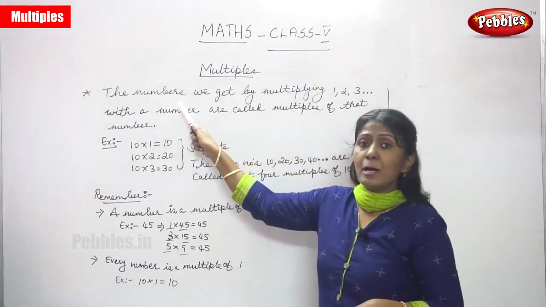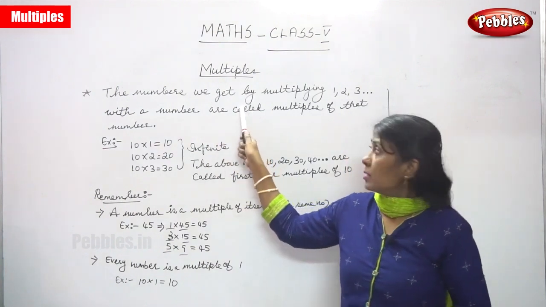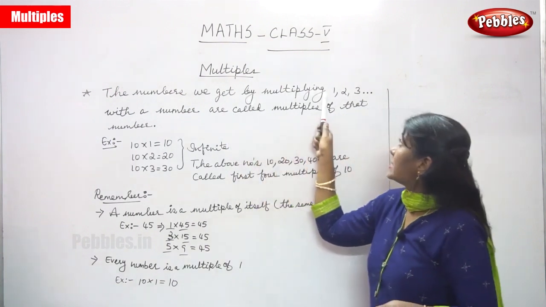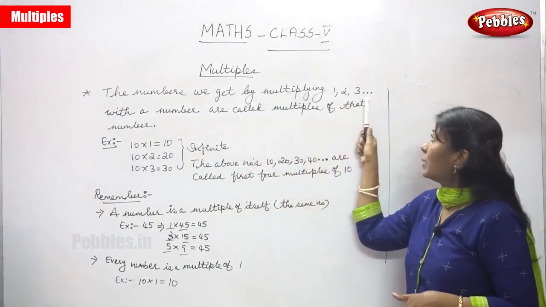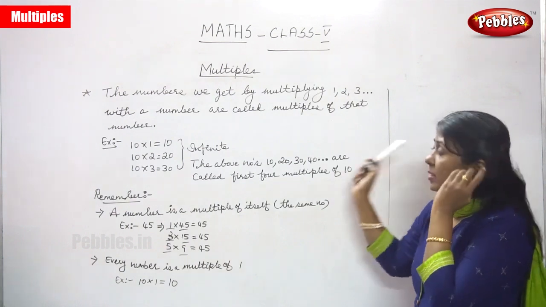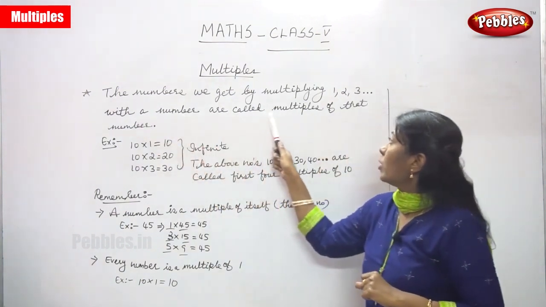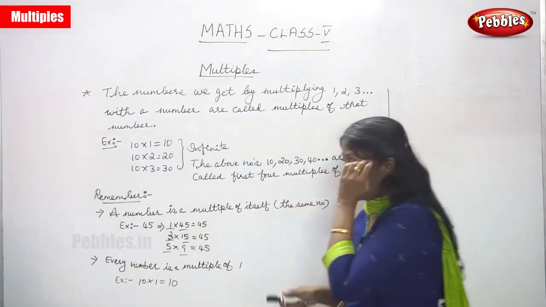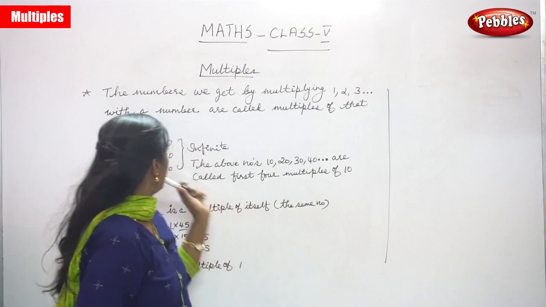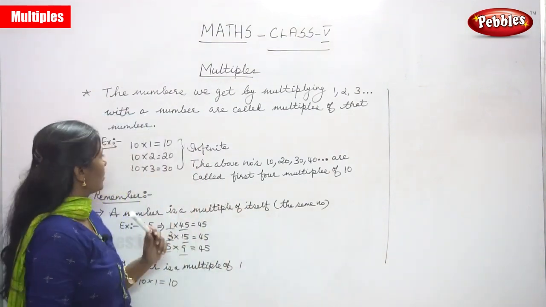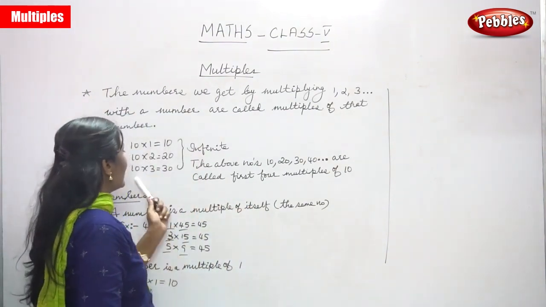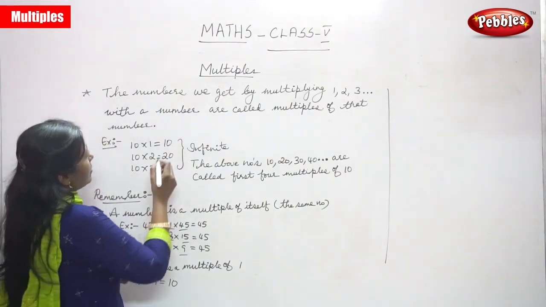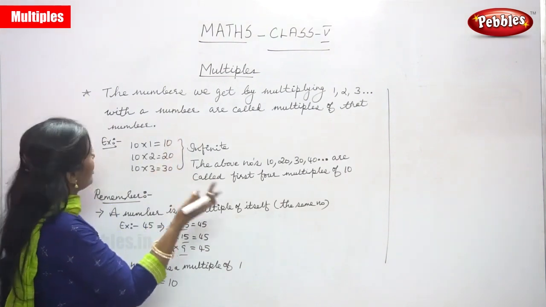The numbers we get by multiplying 1, 2, 3 and so on with the number are called multiples of that number. So what is that? I'll give you the proper explanation for this definition. That is 10 into 1 is equal to 10. 10 into 2 is equal to 20. 10 into 3 is equal to 30. This is the answer. So 10 is what they said, the number we get by multiplying 1, 2, 3 with